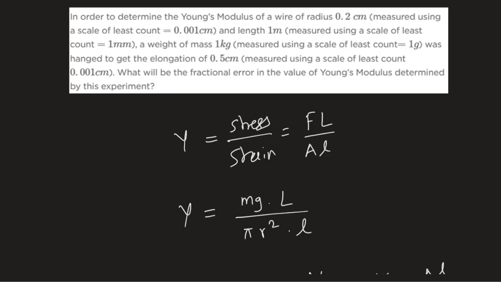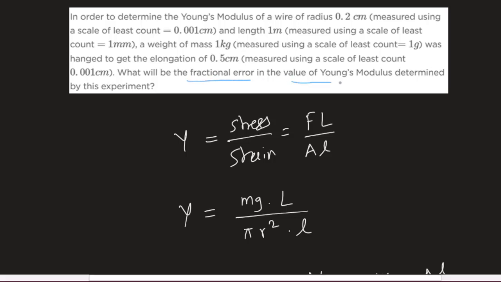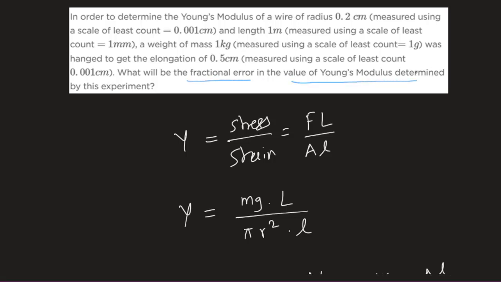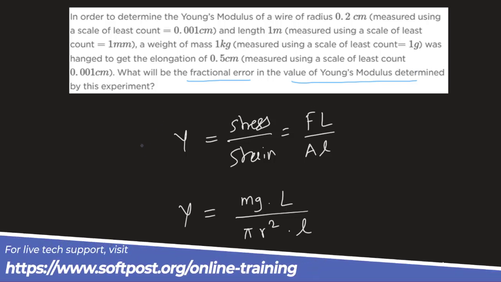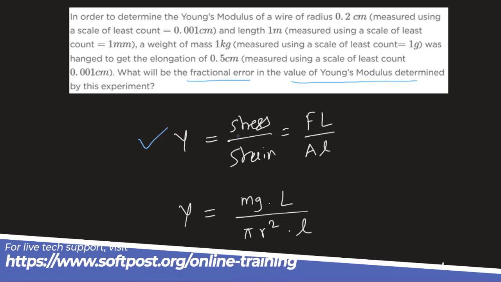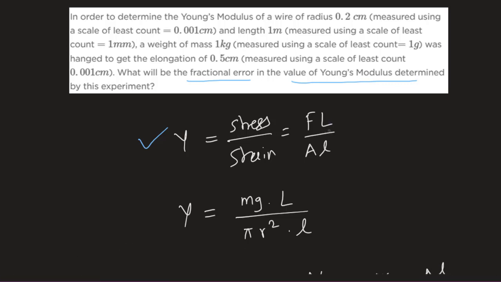तो बच्चों इस वीडियो में हम लोग ये प्रॉब्लम सॉल्व करने वाले हैं। इसमें हम लोगों को फ्रैक्शनल एरर निकालना है। फ्रैक्शनल एरर इन द वैल्यू ऑफ यंग्स मॉडुलस। To solve this problem, you need to know the Young's modulus formula, okay, which is stress divided by strain, which is equal to FL divided by AL. It is very important. If you don't know or remember this formula, then you will not be able